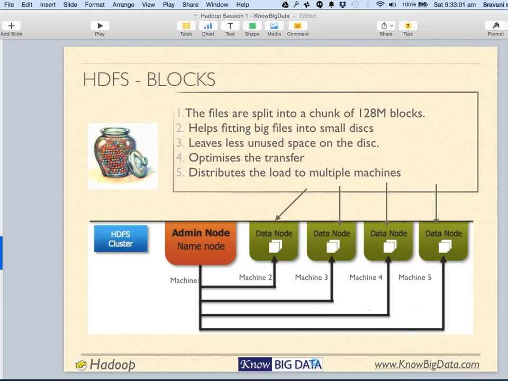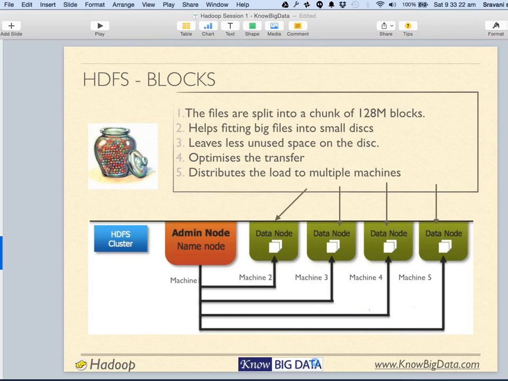Okay, so if you have a disk which has, say, 300 MB left and you want to store a 1 GB file, you cannot store it. But if you are slicing the files into blocks, there are high chances that you will be able to distribute your data very uniformly.